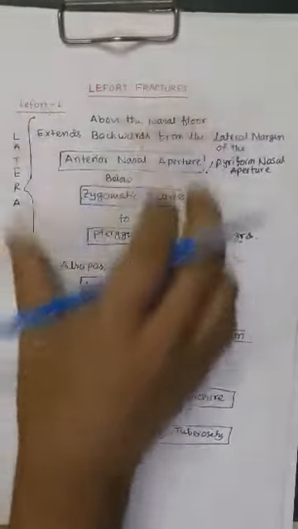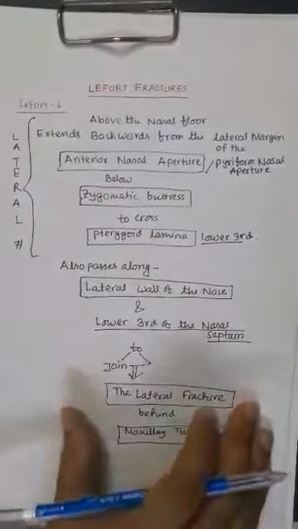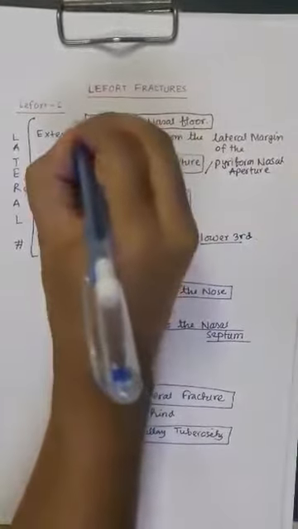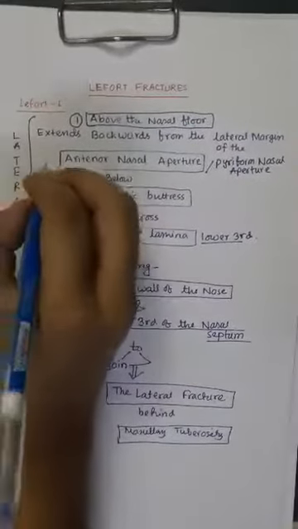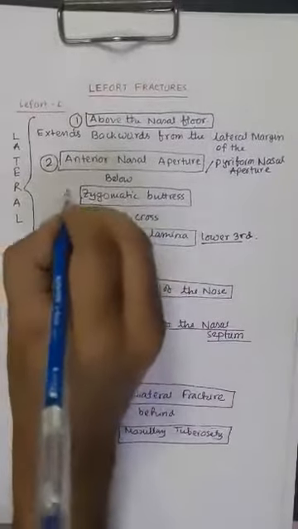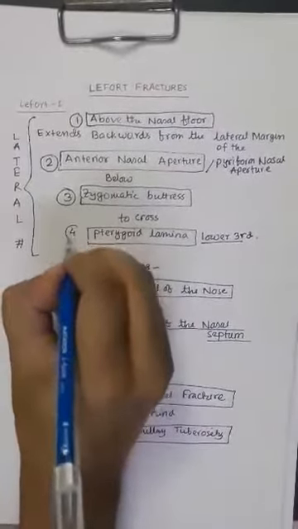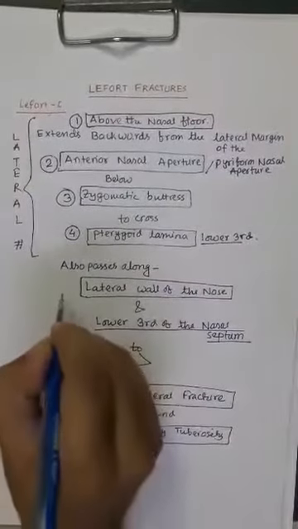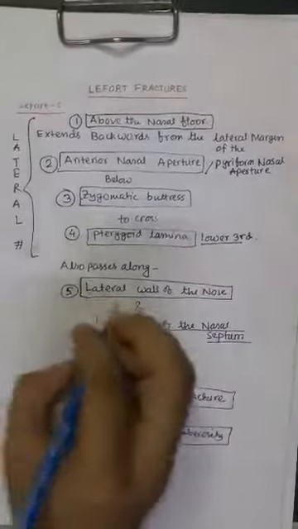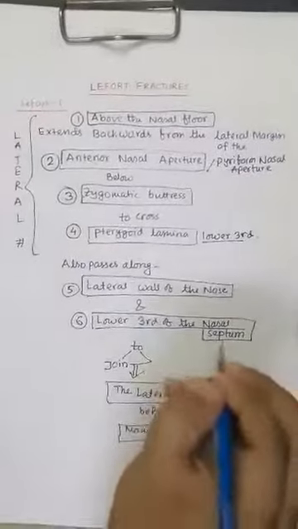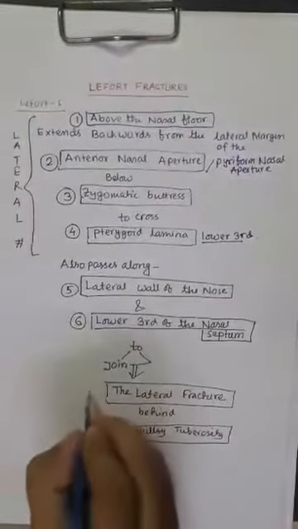So if we mark here which structures are involved, there's the nasal floor, which we remember, then the anterior nasal aperture, then the zygomatic buttress, and the pterygoid lamina, and it also passes along the lateral wall of the nose. There's the lower third of the nasal septum, and it joins the lateral fracture